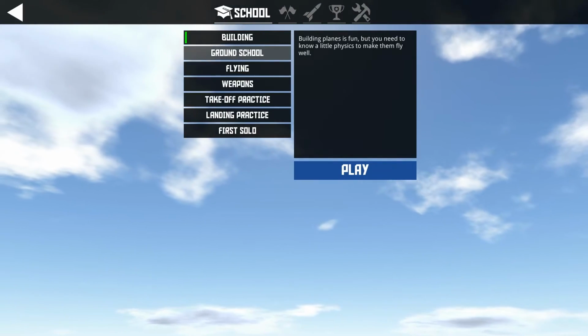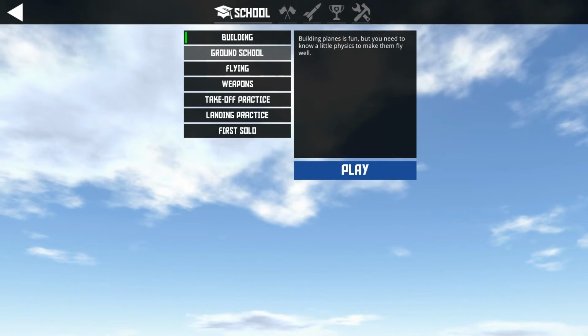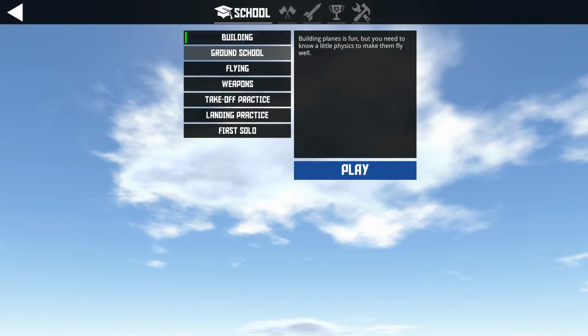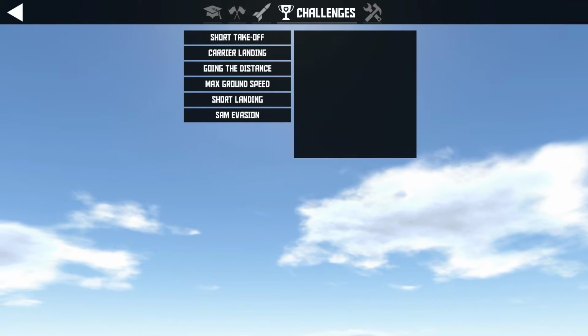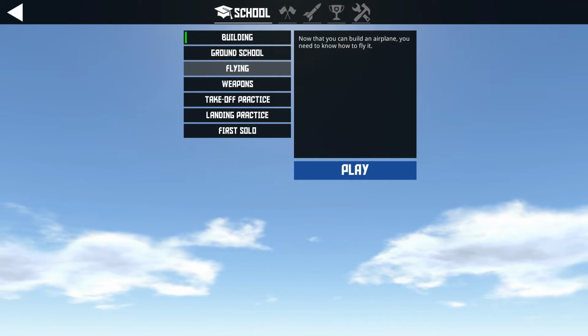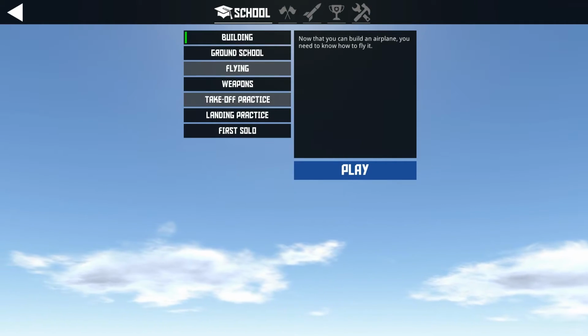Ground school. Now, I think what we're going to do is do a few of these on this episode just to kind of get a feel for it before we jump into it. Actually, we may just jump into it, guys. We may just come in here and see if we can build something. Challenges, short takeoff. Actually, no, wait, we got flying. This is where it lets us build, isn't it, right? Build an airpoint. Yeah, no, we want to do...